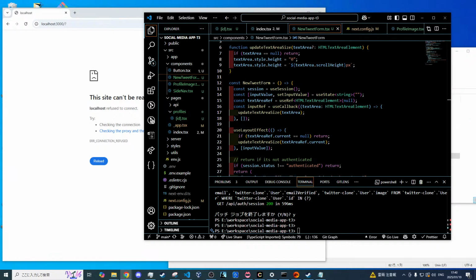a function like we've done here with our useCallback, what it's going to do is call this useCallback and pass the text area in as the actual property. So that means as soon as our text area gets added to the page, it's going to call this function and it's going to update that size. So we know that this is an HTML text area. There we go, just like that. And then all I need to do is take my textAreaRef.current and set it equal to my text area, and then just